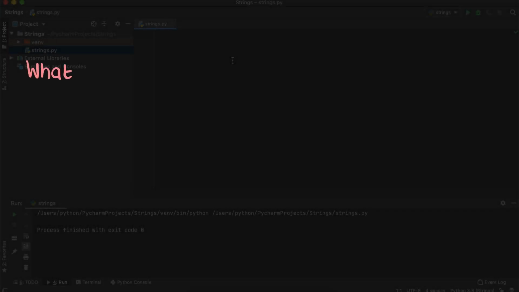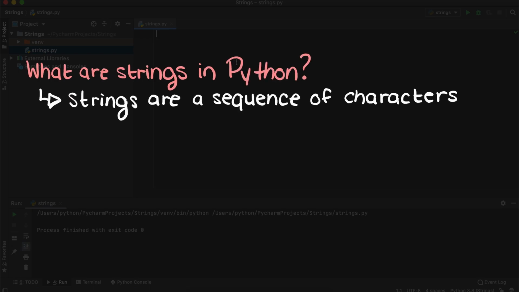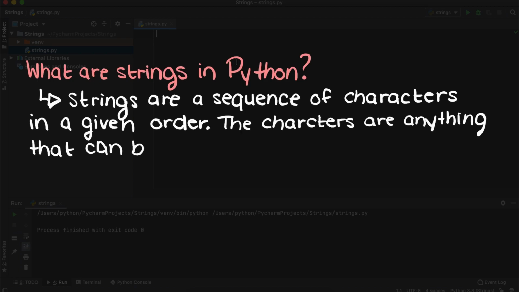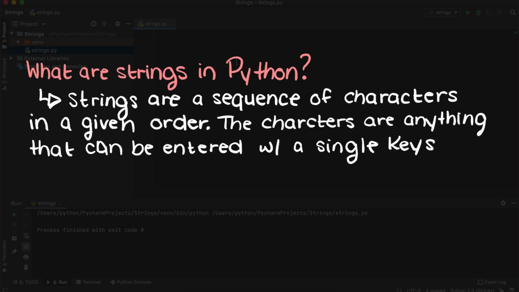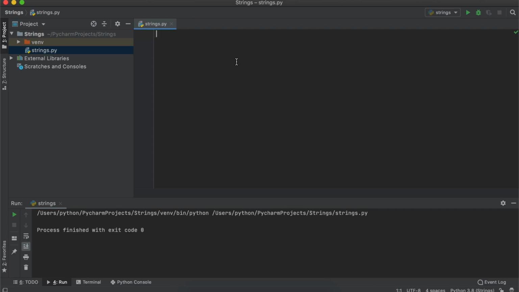Hi everyone, today we're going to be talking about what strings are in the Python programming language and why they're important. Strings are generally described as a sequence of characters, meaning it is just a group of letters, numbers, spaces, etc. combined together. Therefore, through using strings, we can form sentences or words within our programs. So let's think for a minute.